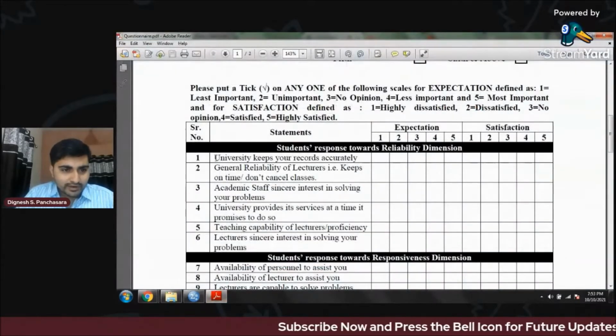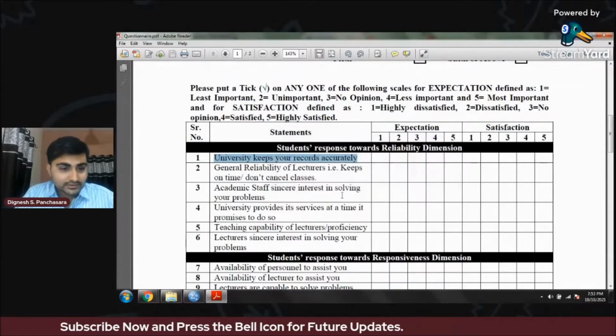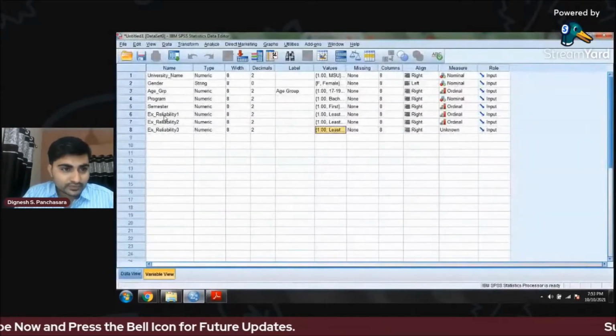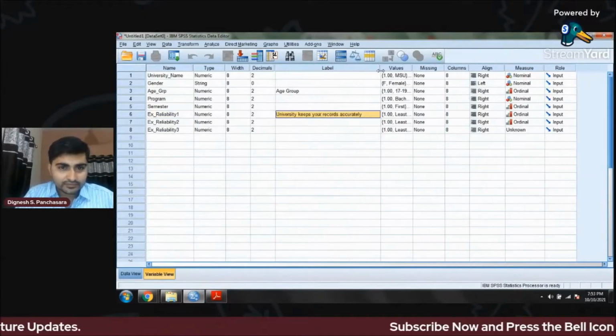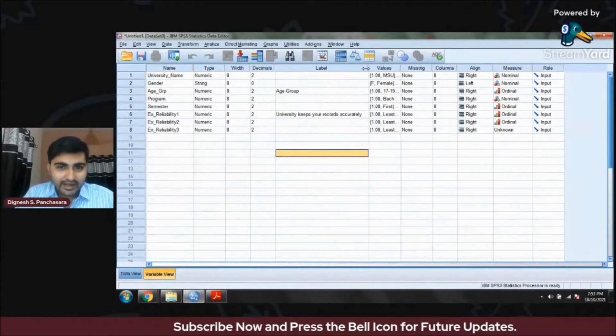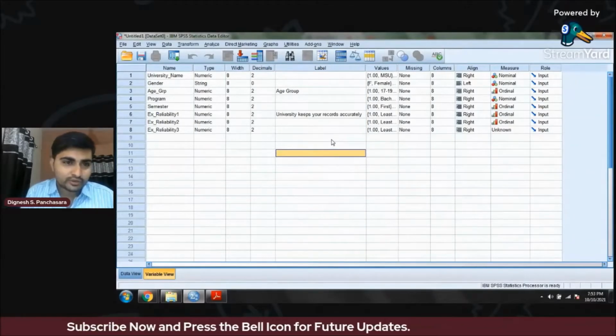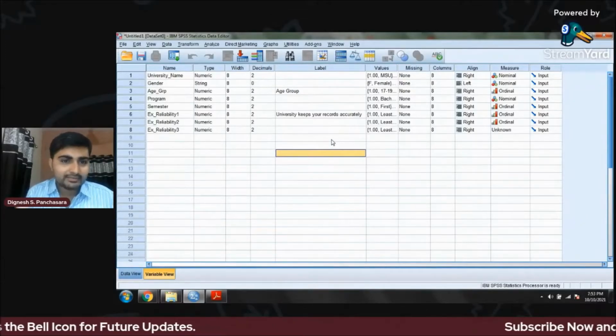Whenever we are analyzing our data, we are not supposed to work out what this variable is, so we can add the full question in this. You can see, university keeps your record accurately. We are adding a particular question in front of the particular variable as a label name.